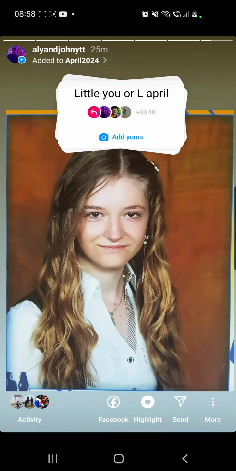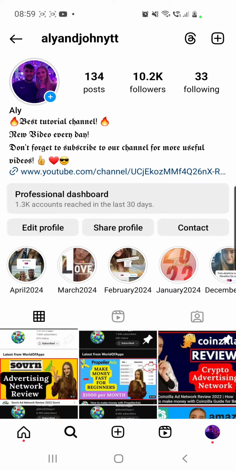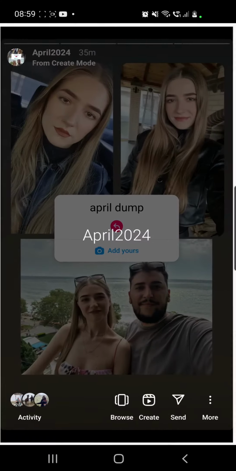So right now for this Instagram chain story, you will have to go to my Instagram profile, which is Ali and John YTT. Once you get here, the second step is going to April 2024 at highlights. Here you will find a lot of Instagram chain stories and templates. Tap on that